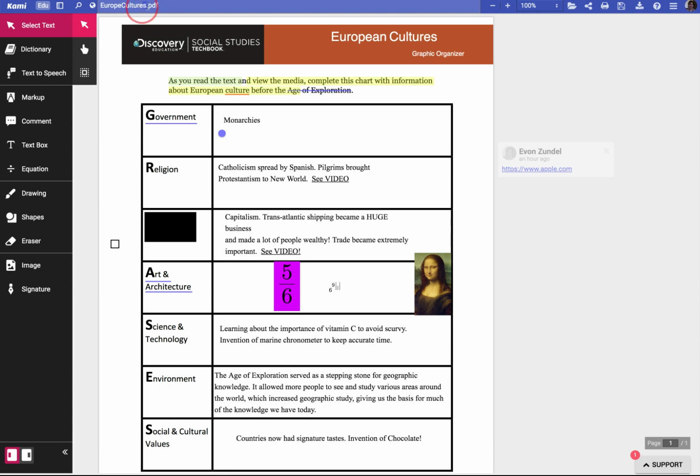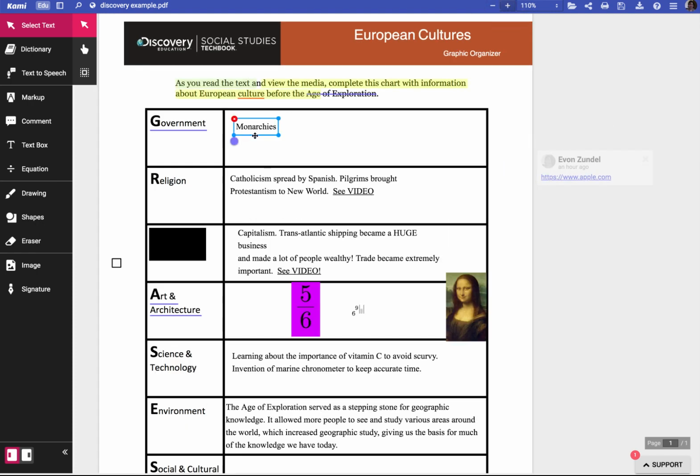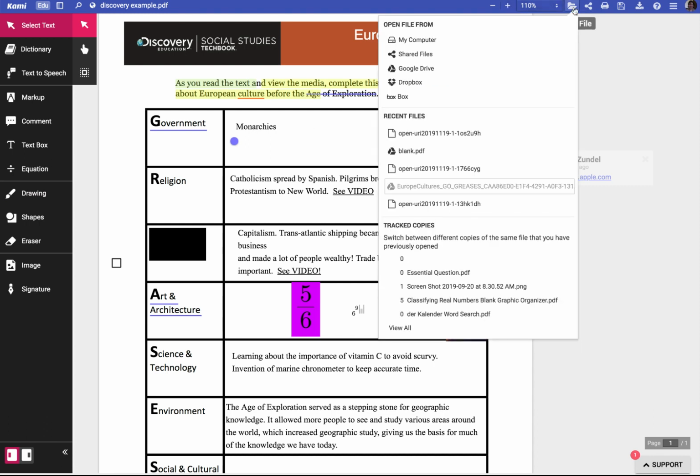Here's the name of the file. So you can just click and drag to change the name. You have your zoom in, zoom out, which helps when maybe you're really looking at detail, especially if you're using the drawing tool. You have the open, and when you click on it, it's this open folder,